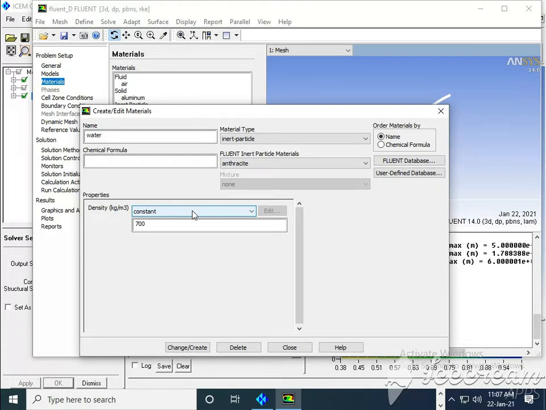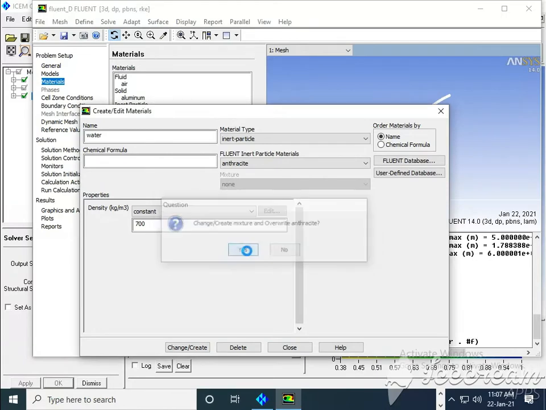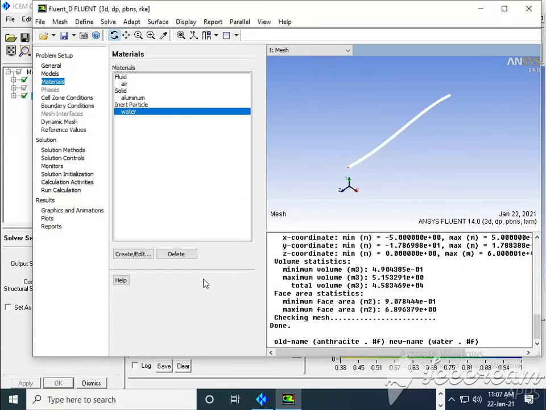Then remaining part say OK. 700 kg. Create change, yes, and close. Okay. So water we are going to spray, water droplets I can say, water spray. Okay.